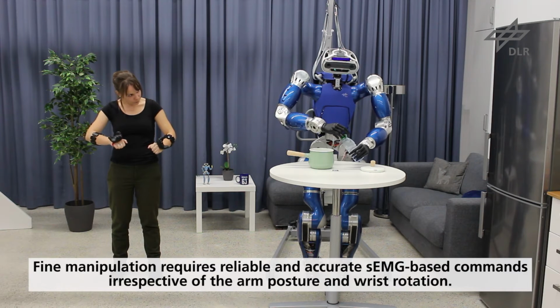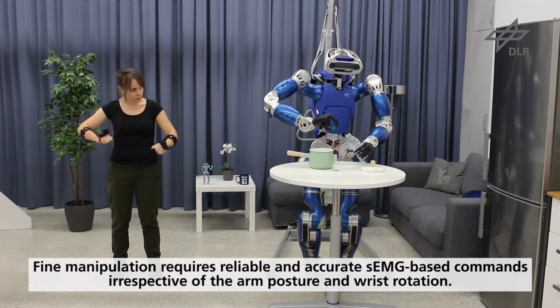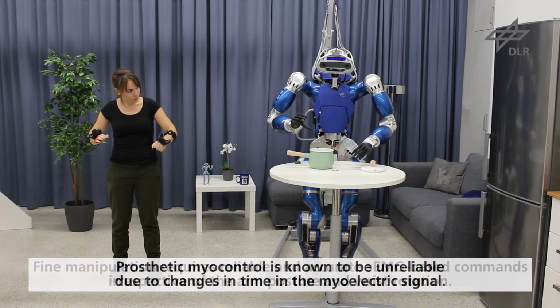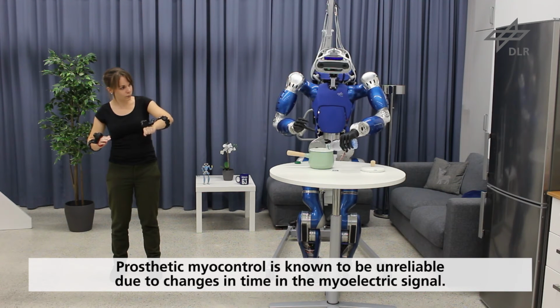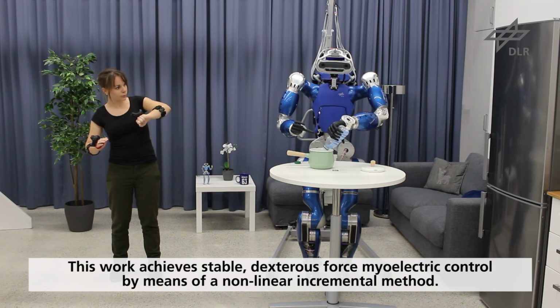Fine manipulation requires high and precise reliability of the position and orientation of the robotic hands, and accurate and stable sEMG-based commands irrespective of the arm posture and wrist rotation. Prosthetic myocontrol is known to be unreliable due to changes in time in the myoelectric signal caused by factors such as perspiration, electrode displacement, fatigue, and kinematic configuration of the arm. This work achieves stable, dexterous force control by means of a nonlinear incremental method that provides both accurate prediction and